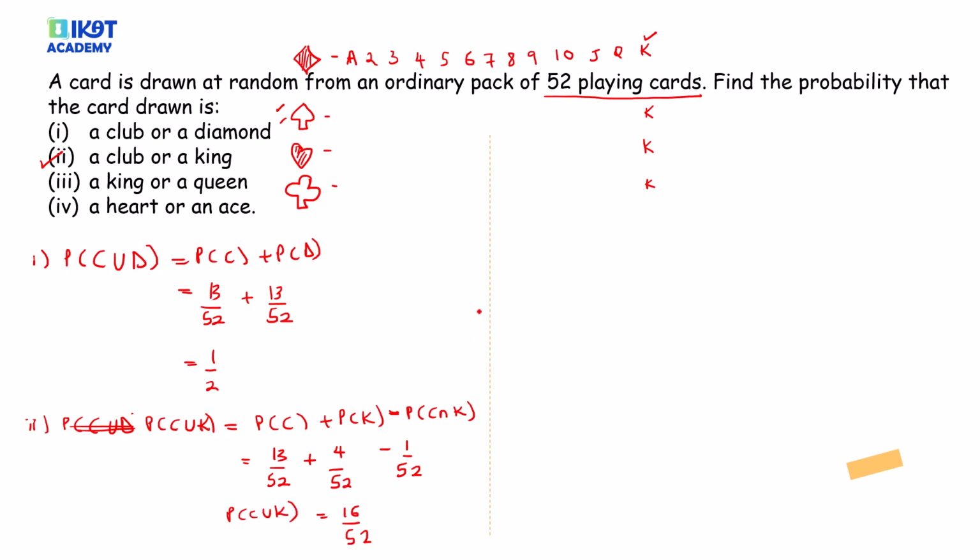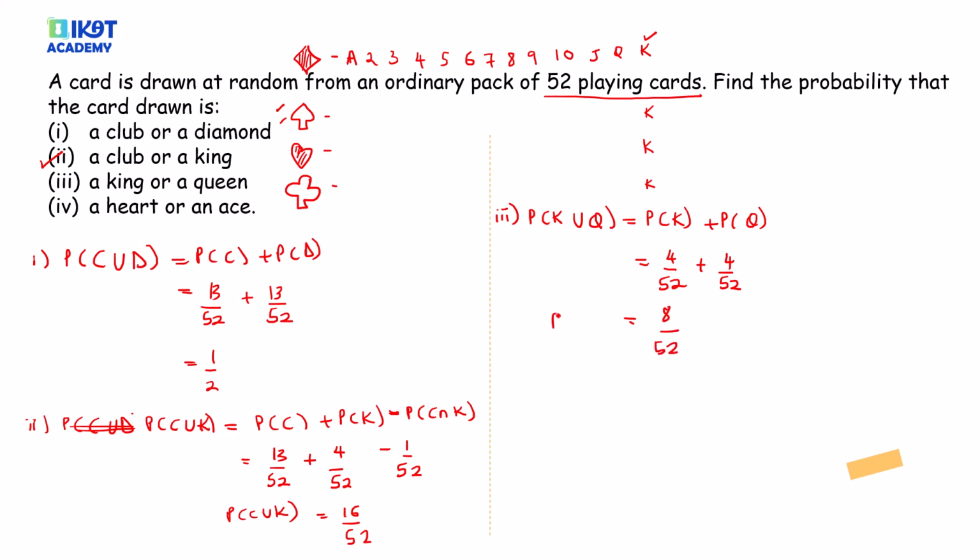So now for this question, you have to interpret each part on its own. We now have a probability of a king or a queen. Probability of a king, you can draw a king, plus probability of a queen, but you can't draw a king and a queen at the same time. So these are mutually exclusive. Probability of drawing a king is 4 out of 52. Probability of drawing a queen is 4 out of 52. So I hope this is now making sense. This is 8 out of 52.